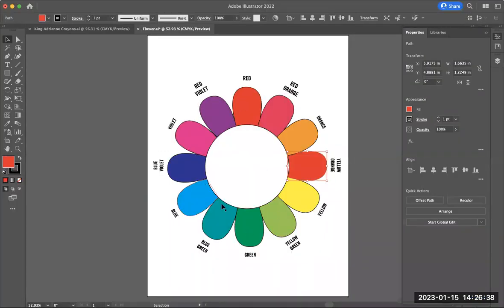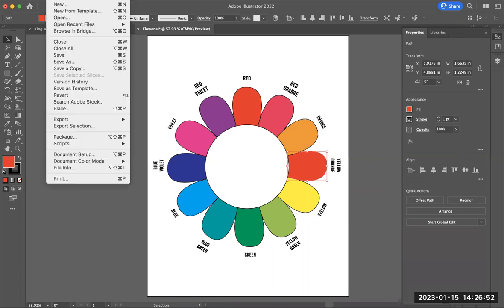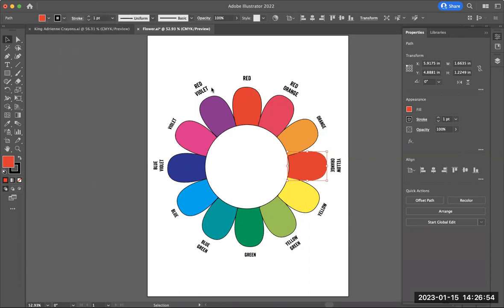It doesn't matter where you start on there. And the word doesn't have to correspond with the color. That was my mistake when I created the file. Okay. Then once you've added the color to all of those shapes, you're going to go ahead and save as,